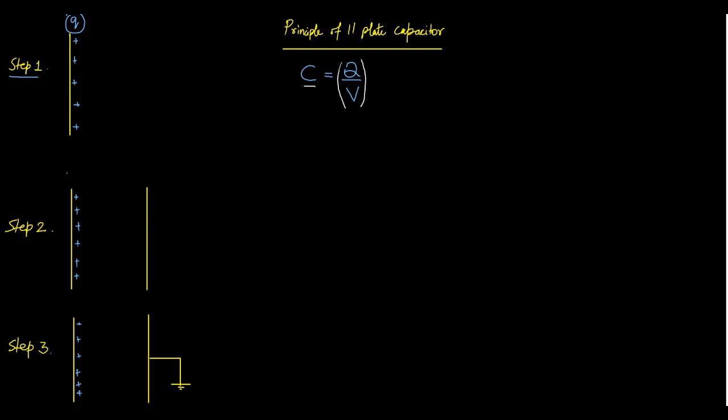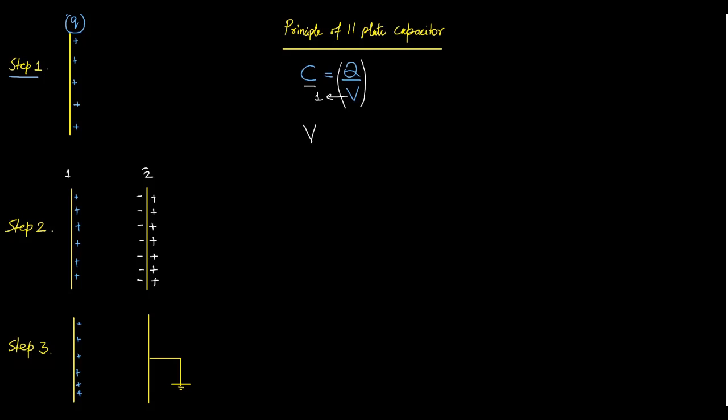Now suppose, let's say this is the first plate, this is the second plate. An identical plate 2 is brought very close to the first plate. Due to induction, what will happen? On the left side of this second plate, negative charge is induced, and on the right side positive charge is developed. Now this is the potential V of the single first plate.